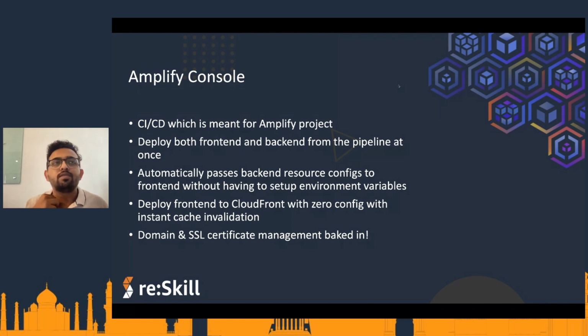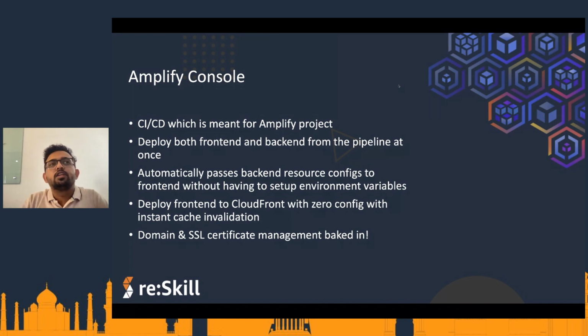So when you have your application deployed, the front end and back end are automatically configured and readily working for you. You don't need to create a bunch of environment variables to pass the backend resources and so on. That's a huge advantage of using Amplify Console for deployment of Amplify applications.